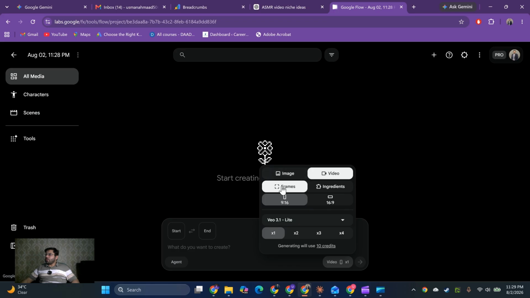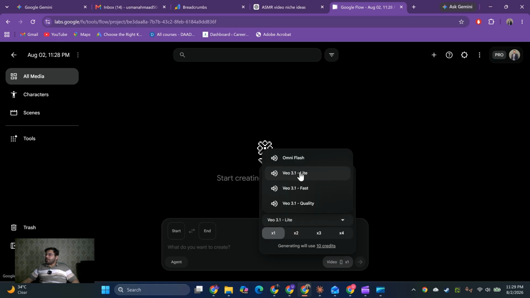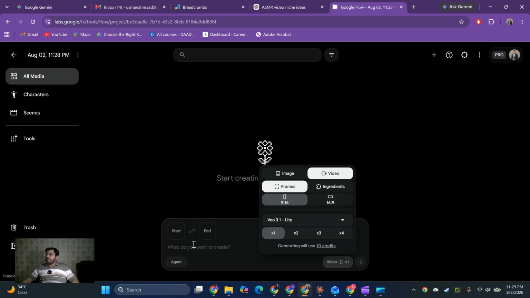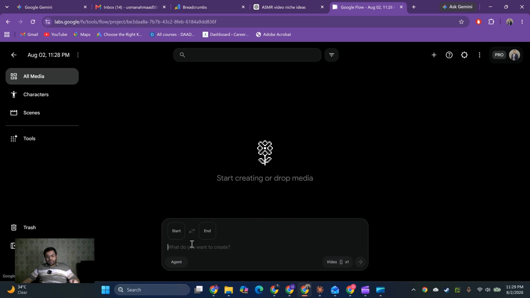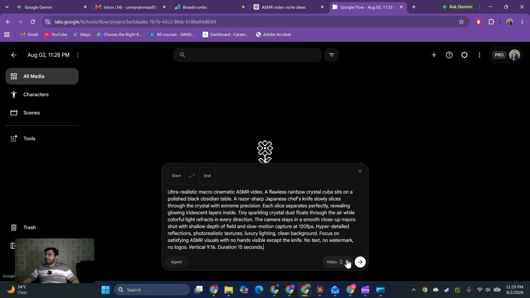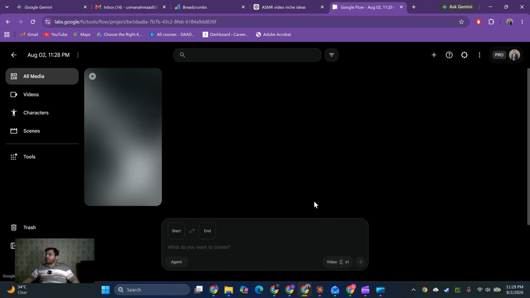So go to video frames, and it should be portrait mode. Try to use the light video option here, because it is going to use fewer credits. If you are going to use other models, it is going to consume many credits, so that will be problematic for you. So we are going to give this command here and hit enter.